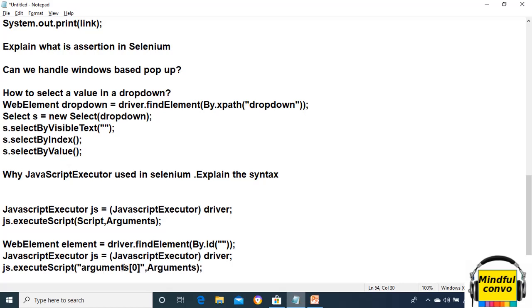It means it is pointing to our web element, and in this we need to write the function. That means just like that.